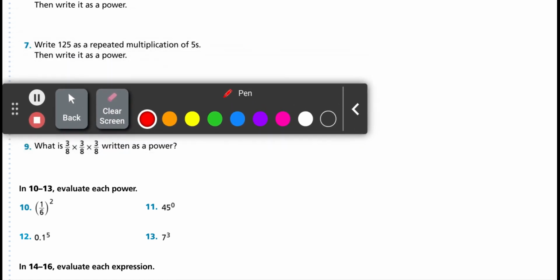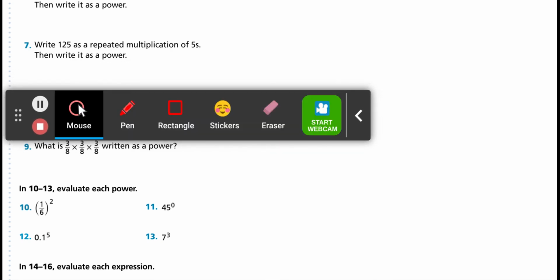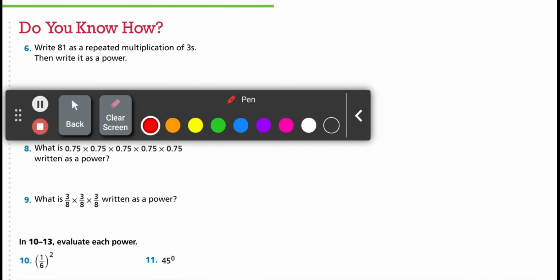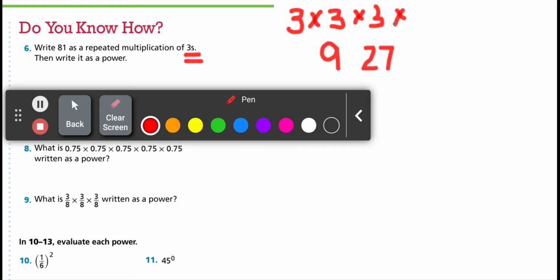Now, one last question I saw here that's pretty interesting. Let's try number 6. Let's talk about how we might be able to solve this. Write 81 as a repeated multiplication of 3's. So we're going to be multiplying 3 times itself until we get to 81. It's almost like we have to guess and check here. So let's start by doing 3 times 3. 3 times 3 would be 9. Times another 3, well, 9 times 3 would then give us 27. Times another 3,